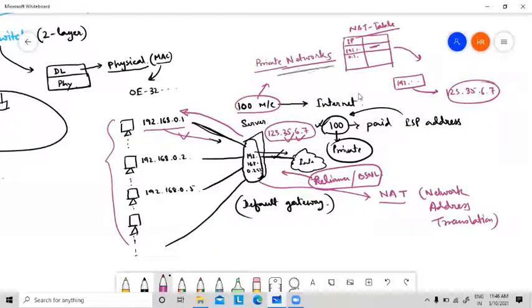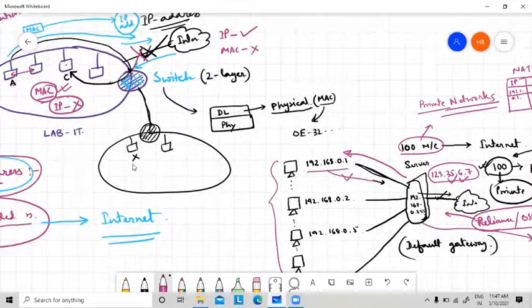That's why in our college it is 192.168.0.1, and in other colleges also you will see that it is 192.168. If you want to see in your own machine, you will see the same IP address, 192.168.0.1. If you have used any Wi-Fi router in your home, then if you check the default IP address, you will see it is 192.168.0.1. This is the default IP address to check your Wi-Fi router. So these are called private IP addresses.